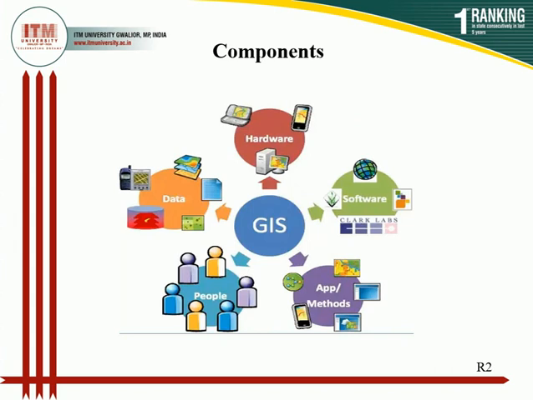Which type of data are stored in the GIS? The data may be in a graphic form or in a tabular form. The data which are in a tabular form are considered to be attributes, and the graphic data are of two forms. One is raster and the second one is vector. All these data can be purchased or can be created on your own.